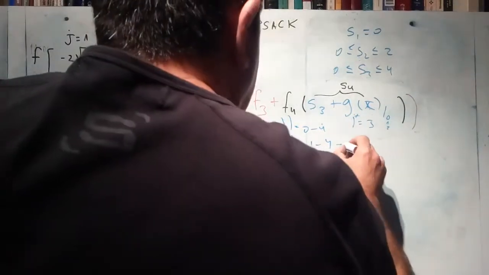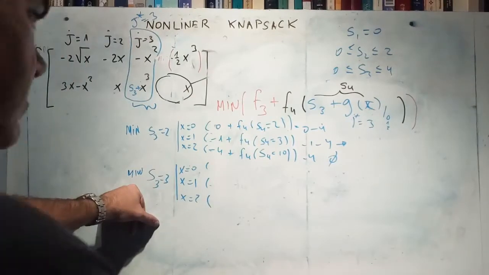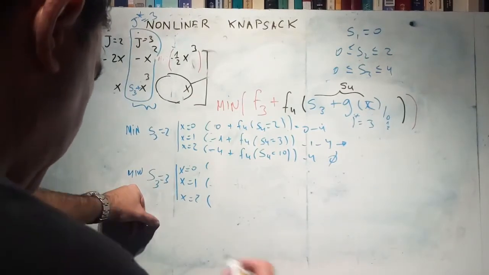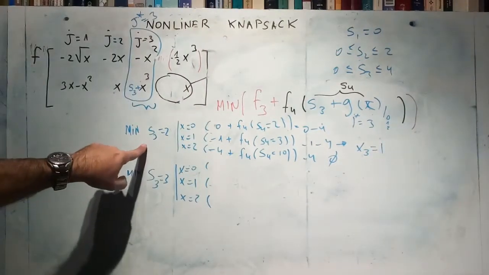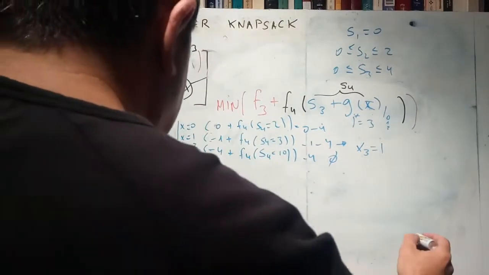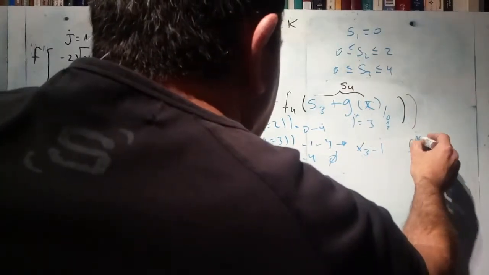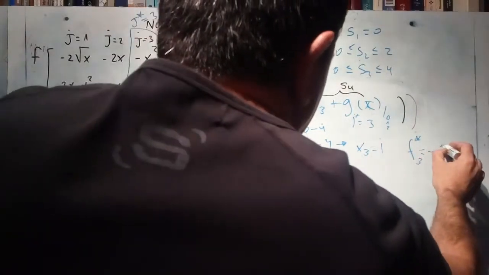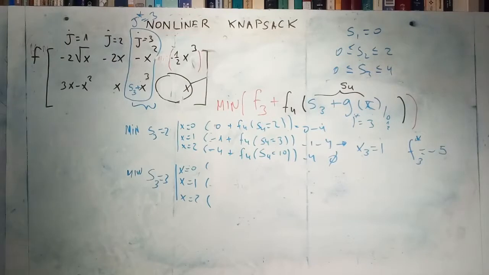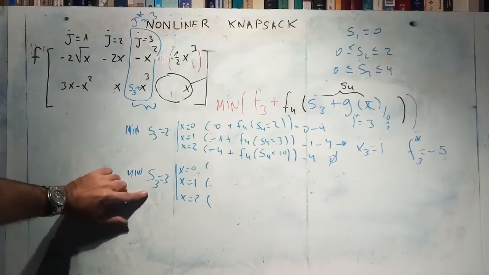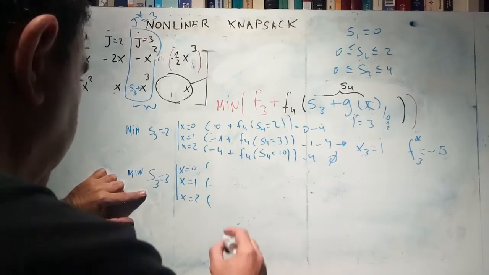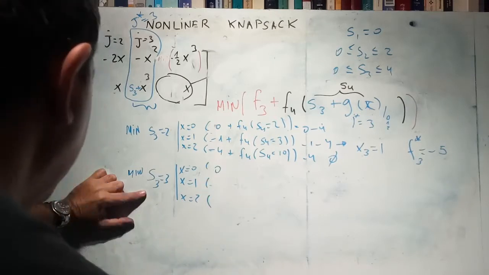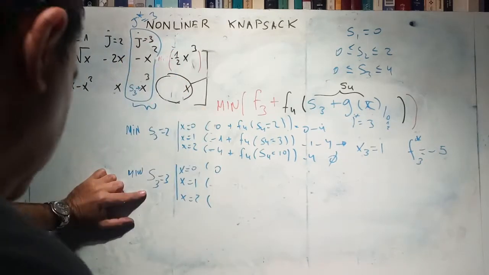So again in the middle lies the minimum, and we'll be getting the minimum for x3 being 1, for the variable s3 being 2, right? x3 being 1, and f star at the third stage being minus 5. And now we are going to s3 being 3. Okay, s3 being 3, what we got is the function f3, this value, 0